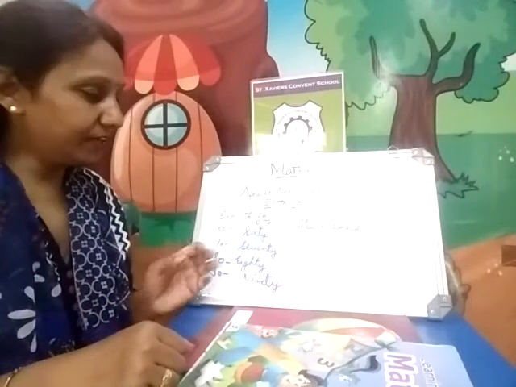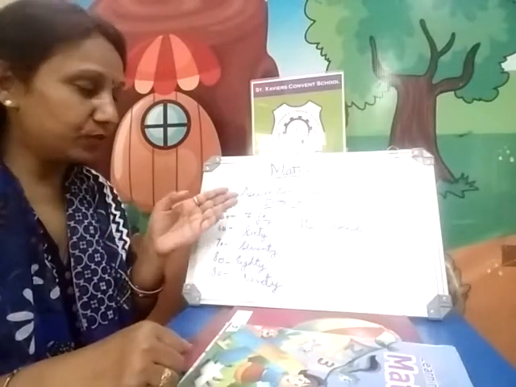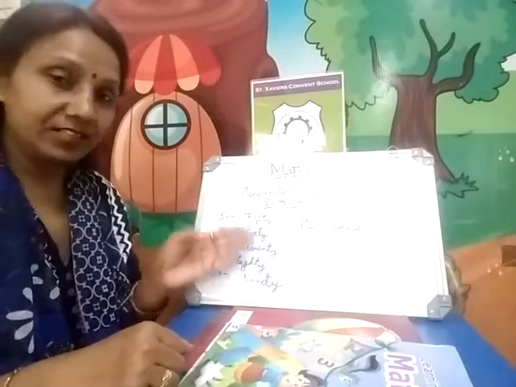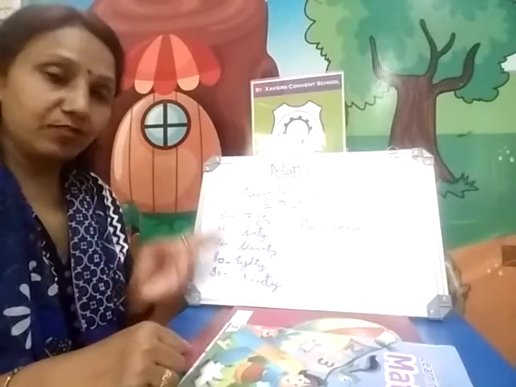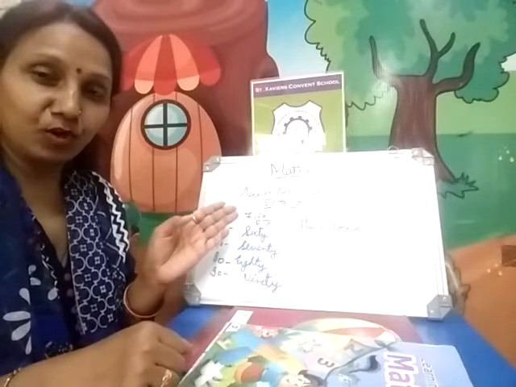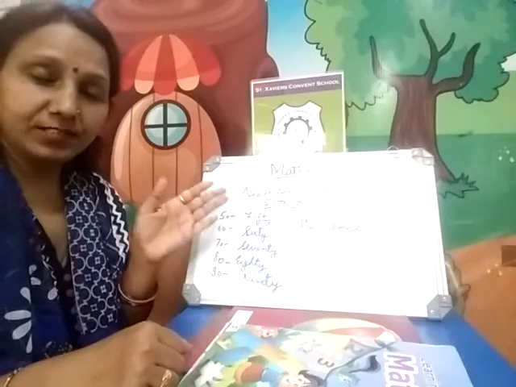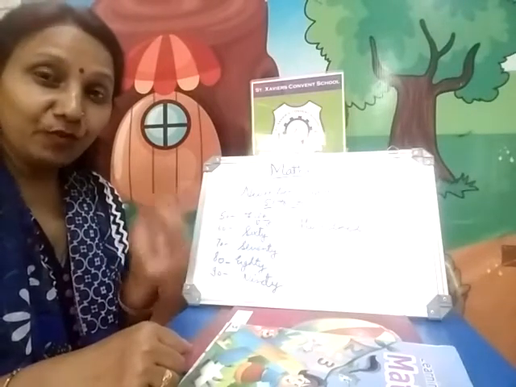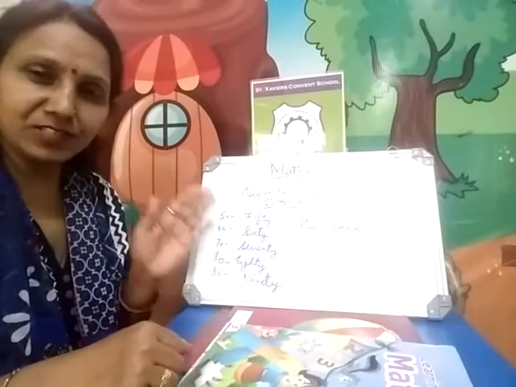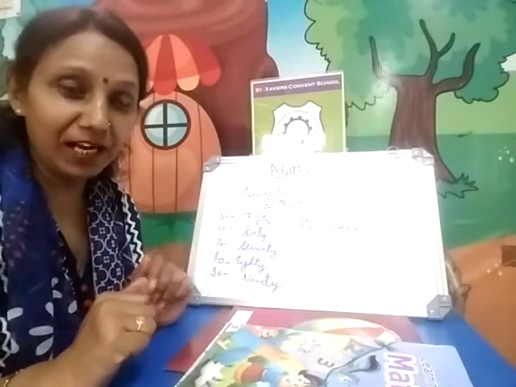Okay. So that way we just do 51 to 60. Then after, 61 to 70 that way. Then after, 71 to 80 that way. 81 to 90 that way. And 91 to 100 that way. I've taught you in the last term, the half yearly syllabus, 21 to 50. Here 51 to 100. Okay, the method is same. That is very easy. Quickly you can learn 51 to 100 spellings.